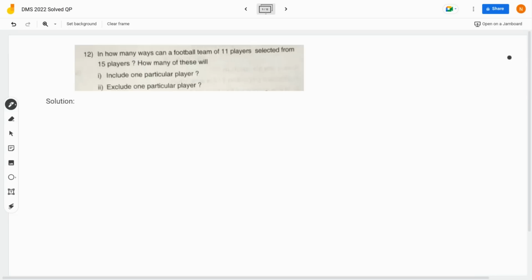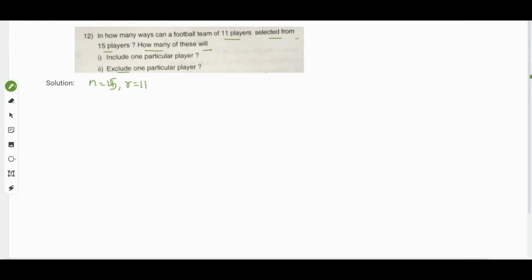So first, the number of ways of selecting 11 players from 15 players can be given as